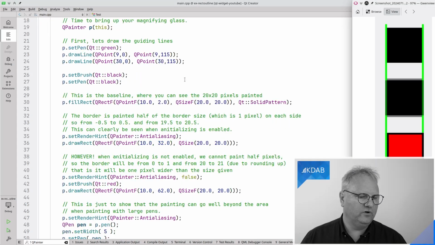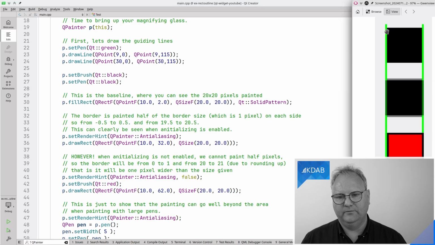Okay, let's try. I will fill the rects from position 10,2, so column 10, that's this one here, and 2 pixels down, 20 in width and 20 in height. So I'm filling 20 pixels over with a solid pattern, and you can see column 10, 11, 12 up to column 29, ending at column 30 but not overlapping column 30.